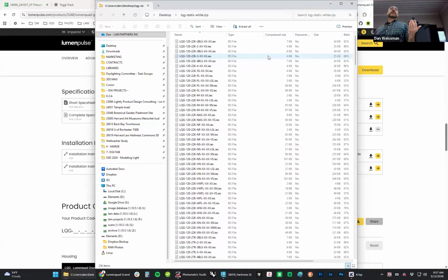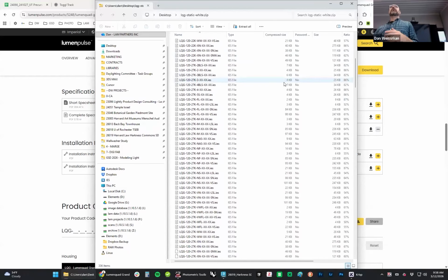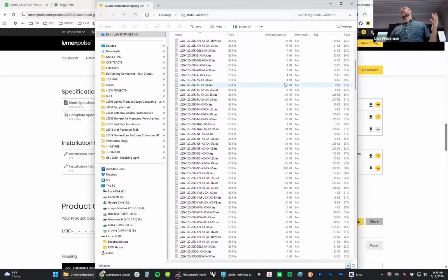And what happens is they'll create a different file for literally every single configuration of the fixture. That means every different color temperature, every beam spread, every snoot accessory variation. So you can end up with literally thousands of files for every version, which can be good because then you know exactly what you're getting. It can also be kind of a pain to wade through,